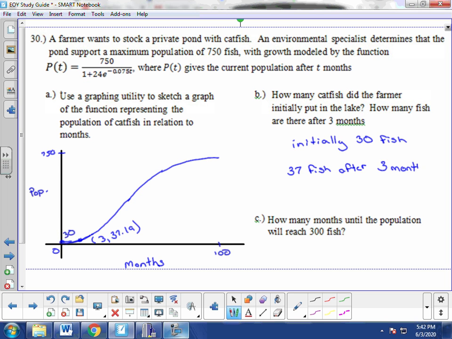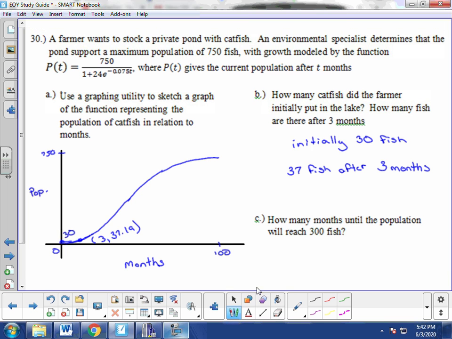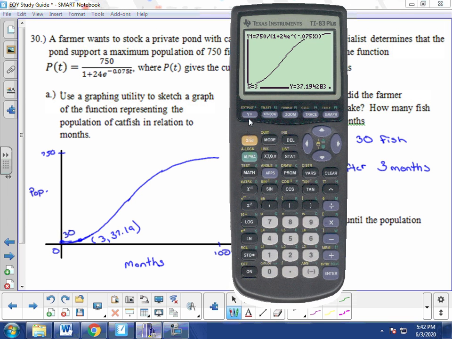Finally, part C says how many months until the population will reach 300 fish. So again, this is a y value for the population. So I can put in y equals 300 and then graph the intersection. So second trace intersection, move my cursor close to the intersection on one curve, hit enter, it jumps to the other curve, hit enter, we don't need to guess, and it's going to put it on the map there for me on the curve, and so this is going to be approximately 36.97